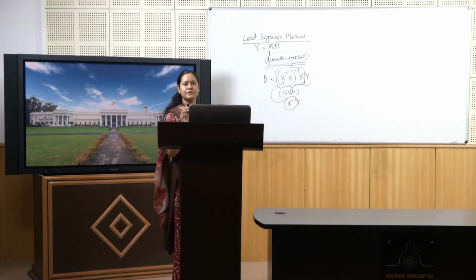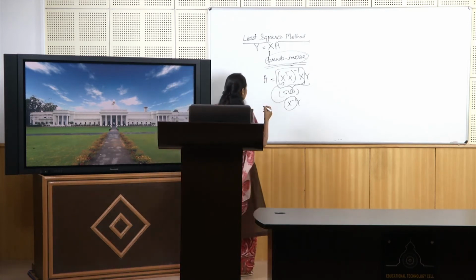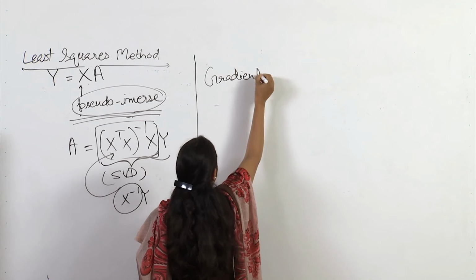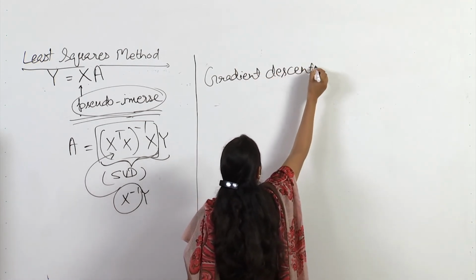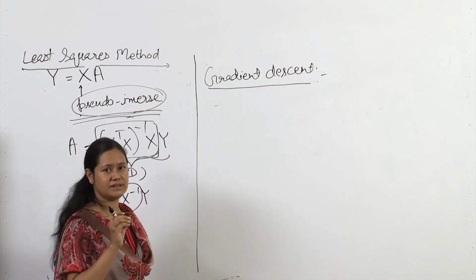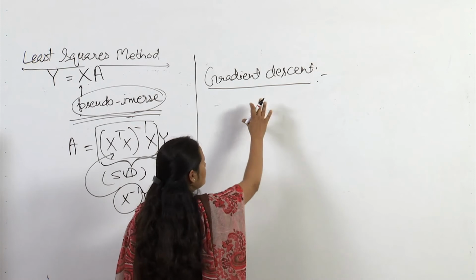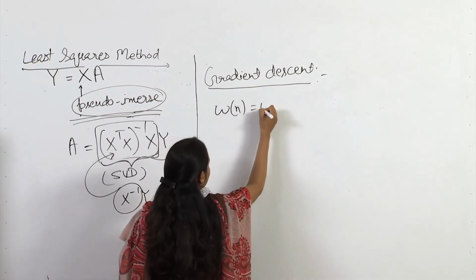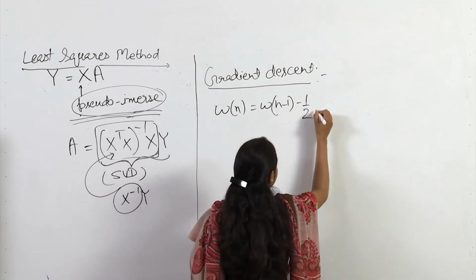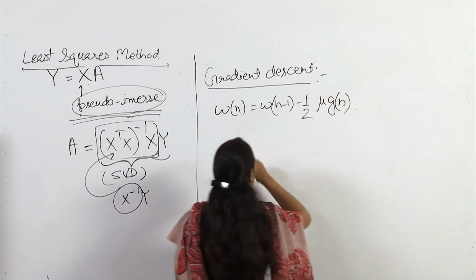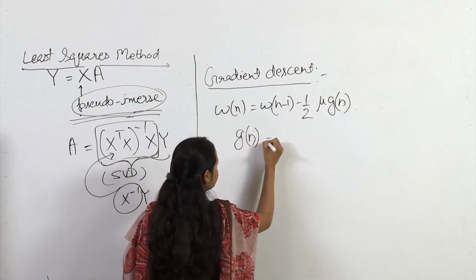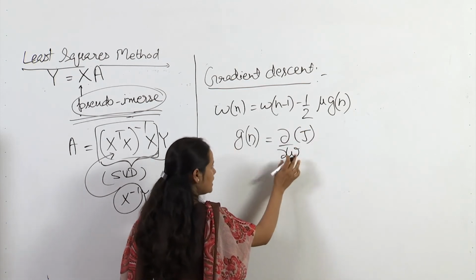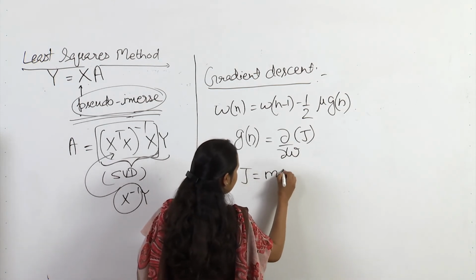In sample to sample processing, you have the gradient descent method and the least mean square algorithm. Quickly going through those methods for the overview. GD method, steepest gradient method, these are the names of this method, and in this method we update our coefficients given by this equation, where this Gn is actually the gradient of this cost function with respect to weights, and this cost function is actually the MSE, mean square error